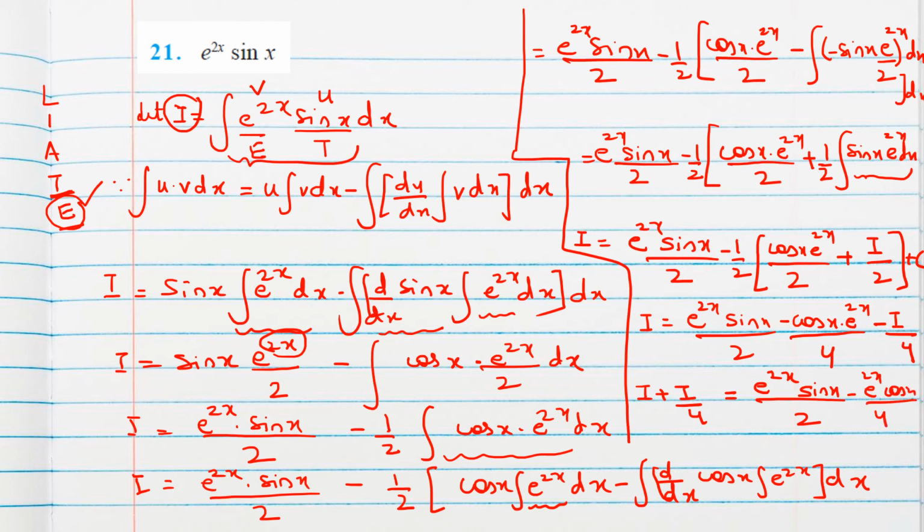So now we should find I. We will simplify this to get I. Some constant will be there as a coefficient. That complete coefficient will shift to the other side. That will be our answer.